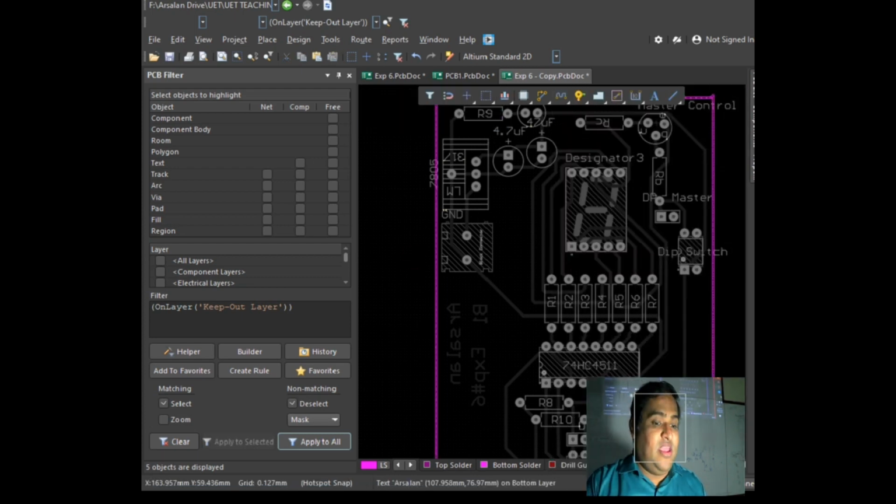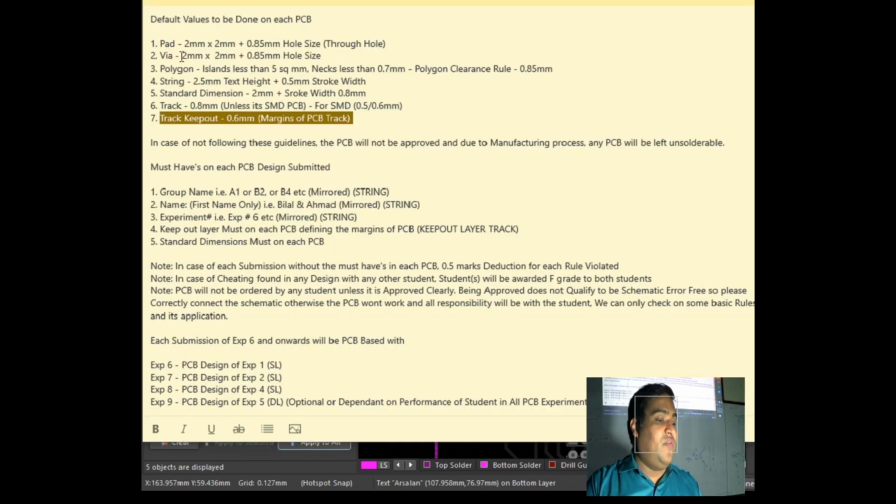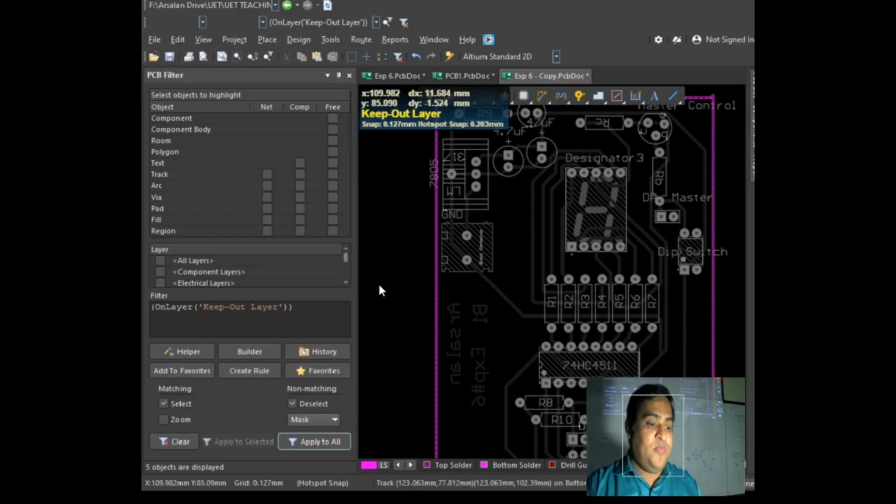Now this is a must. Please follow these rules which I have given. The pad size 2 mm by 2 mm, wire size 2 mm by 2 mm, Keepout Layer 2 mm, track size 0.8 mm, then coming on to the 3, 4, 5 just now. Now when you have done it,